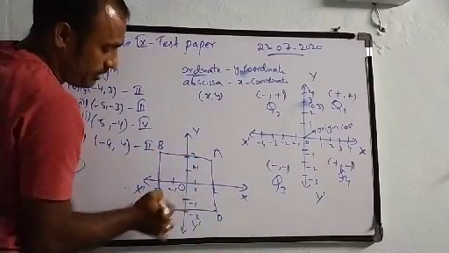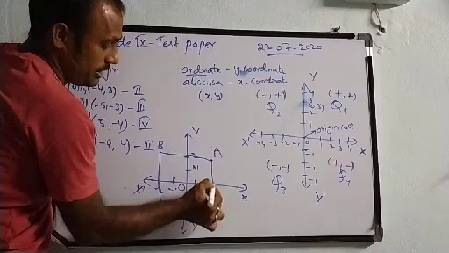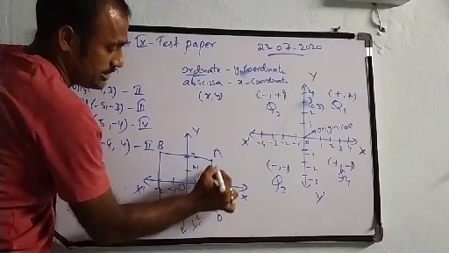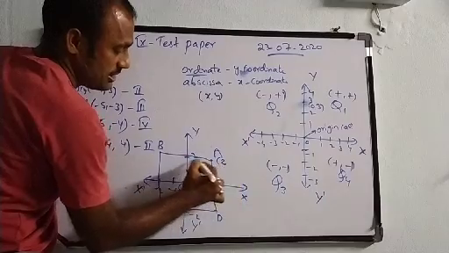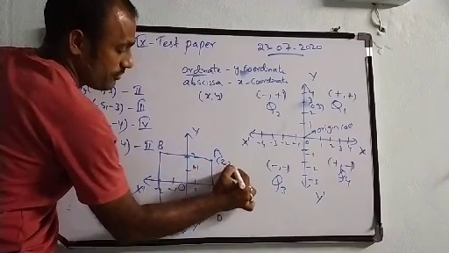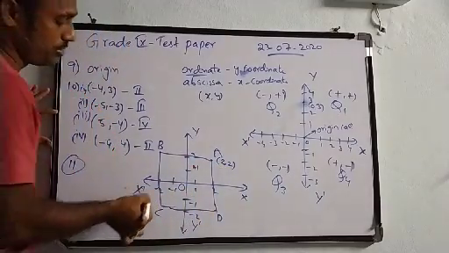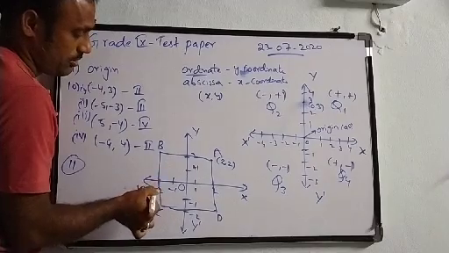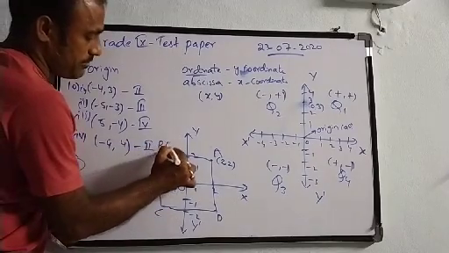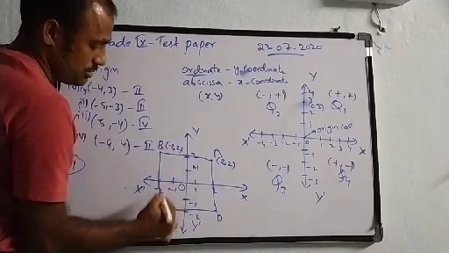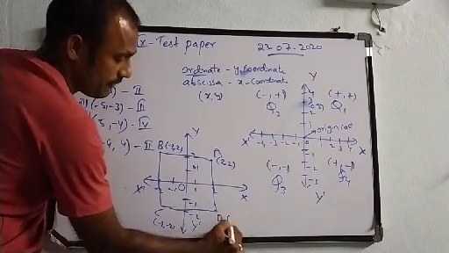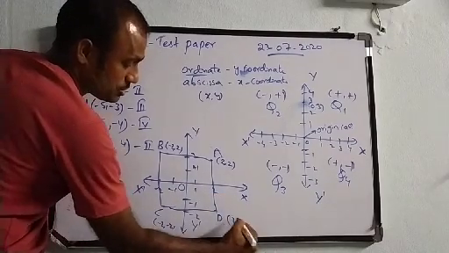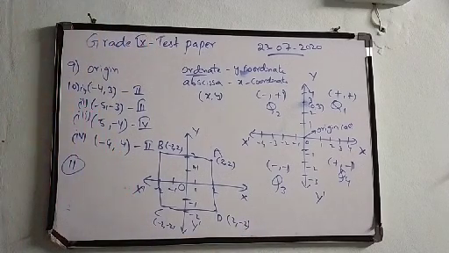If I want to find out the coordinate of A, so it is at a distance of how many units? 2 units from the x-axis, and from the y-axis it is 2 units. So it will be 2, 2. If I take B point, it is -2, 2. If I take C point, it is -2, -2. If I take D point, it is 2 units, and here also 2 units but negative symbol. So 2, -2. So these are the 4 coordinates.